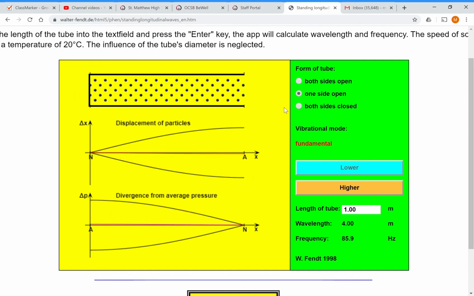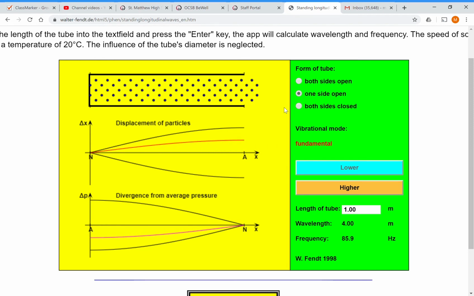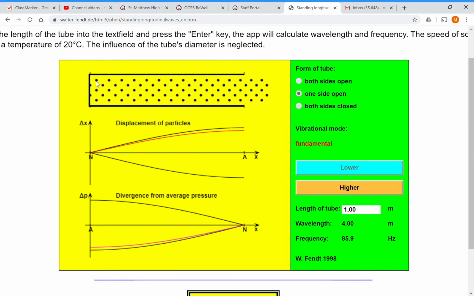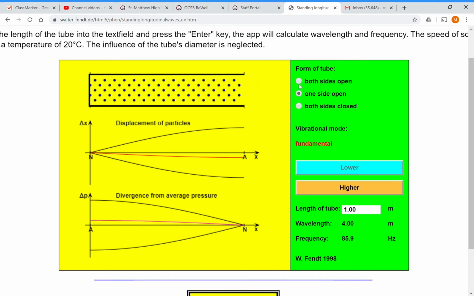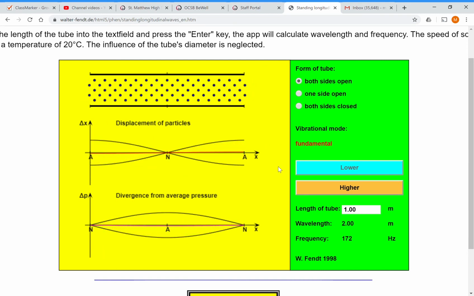Now, a musical instrument that's based on this kind of resonance is never closed at one end. It's always got two holes in it. One at the end you blow through, and the other one is open at the other end too. And there's a reason for that I'll explain later. But let me show you what that looks like. If you have two open ends, and you blow over one end, the first harmonic looks like